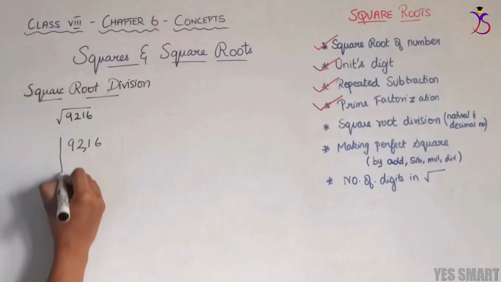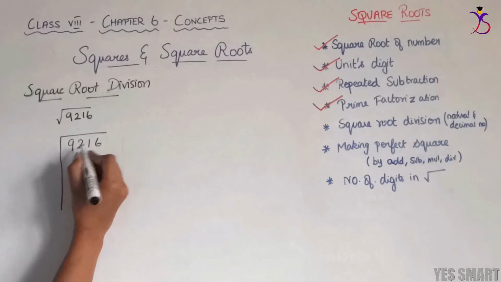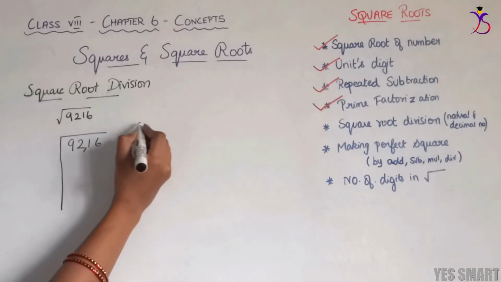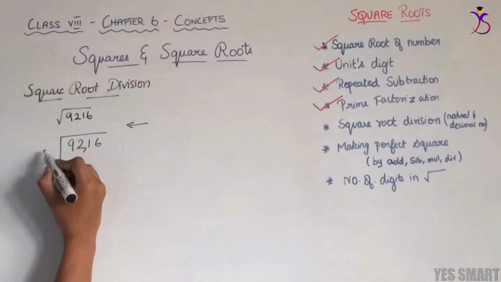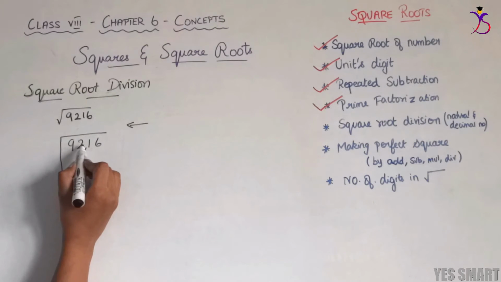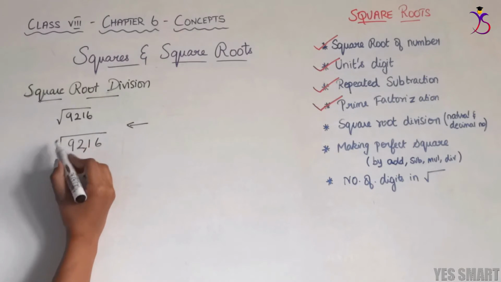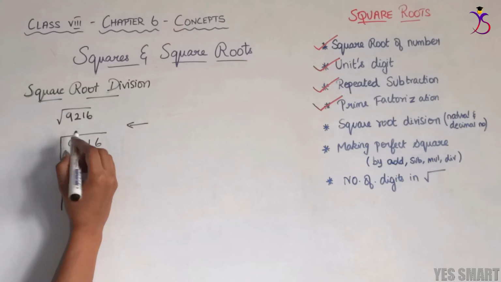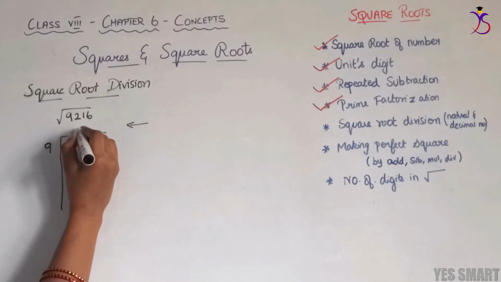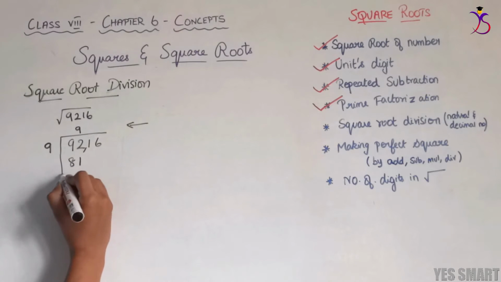I'm just inserting a comma before 16 because we need to insert a comma in this direction for each pair. So two numbers together we will separate with a comma. Square root or square, both are related with 2. So two numbers have to be separated for dividing it. Now I have to introduce a divisor here, the same number I have to use in the quotient. Now I have 92. If I use 8, 8 8s would be 64, which is a little far from 92. So if I try 9, 9 9s will be 81. So I can use 81.